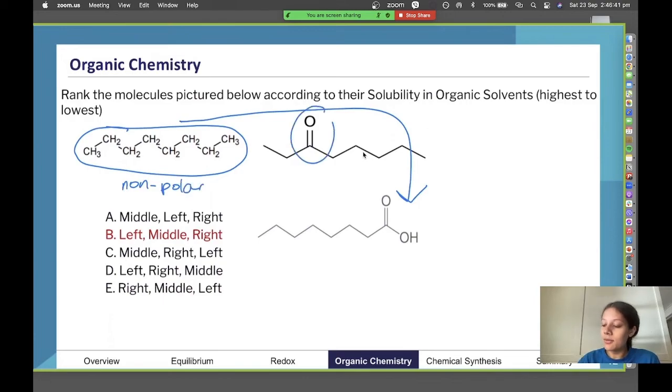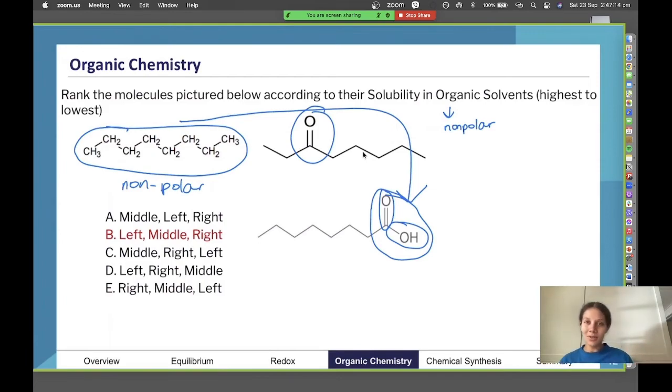Now this has our dipole in our carbon-oxygen bond there. So that's less soluble because it's going to be a little bit more polar, but it's not as polar as this molecule here, which has very dramatic polar bonds happening there and there. So polarity is increasing left to right. Therefore, solubility in organic solvents, which again, to reiterate, are non-polar, is decreasing. So that's the general trend there. If you can get these concepts, that's a really good place to be, because you can springboard from that, and as long as you understand those concepts, you can answer any question based on this topic.